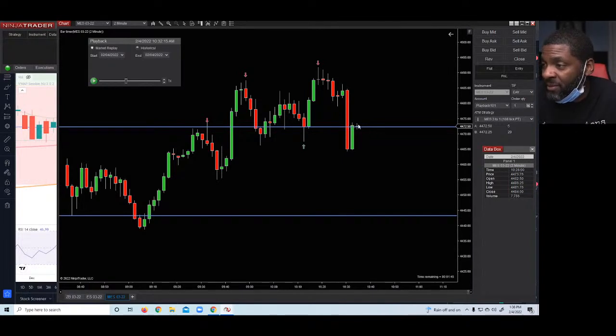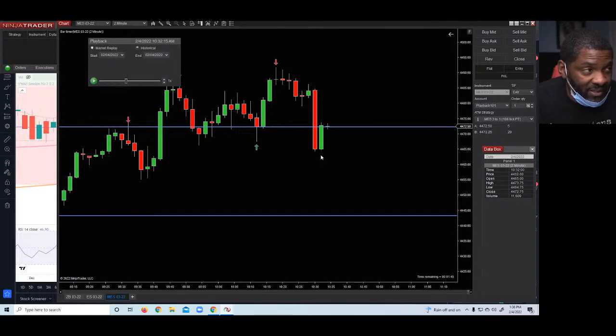Okay, so that's where I'm looking to get in. Now this is what I was telling you about. Once you get really comfortable with a strategy, this green candle right here is what I was talking about: taking the trade when the train is running at you. If you're super comfortable with this strategy and you don't mind taking a little heat, while this green candle is trading up, as soon as it gets to 4472.25, you will have your sell order already sitting there waiting. That's what I mean by taking the trade as the train is rushing towards you, because you're selling, but you're buying it on a green candle that's coming at you.